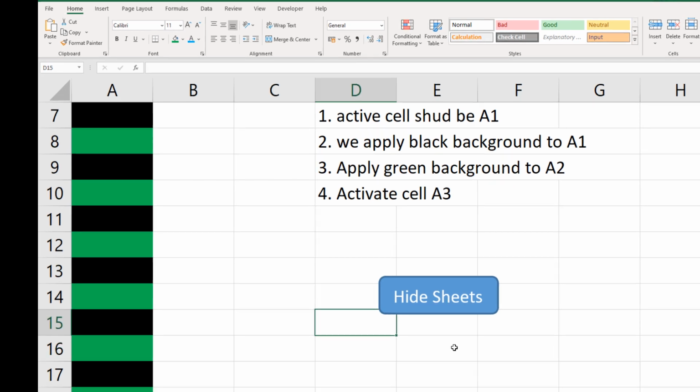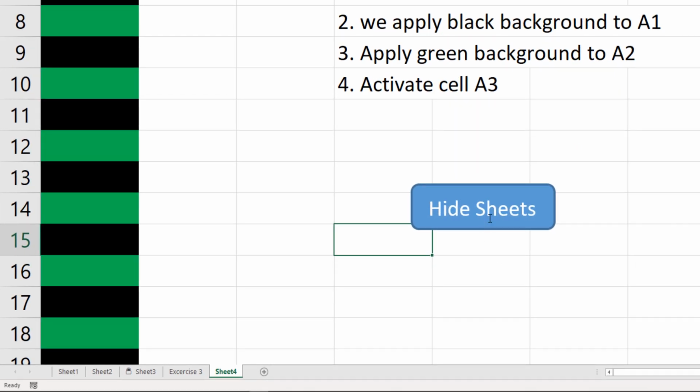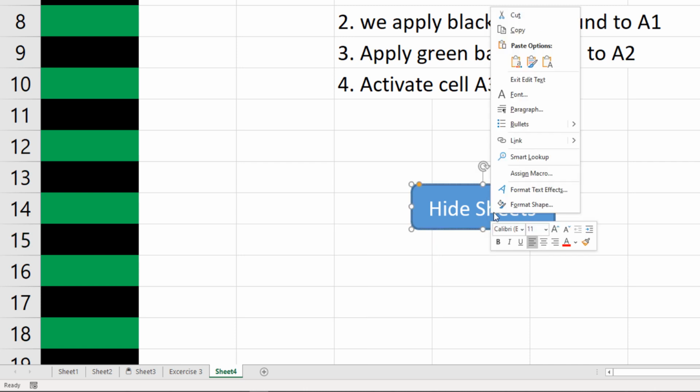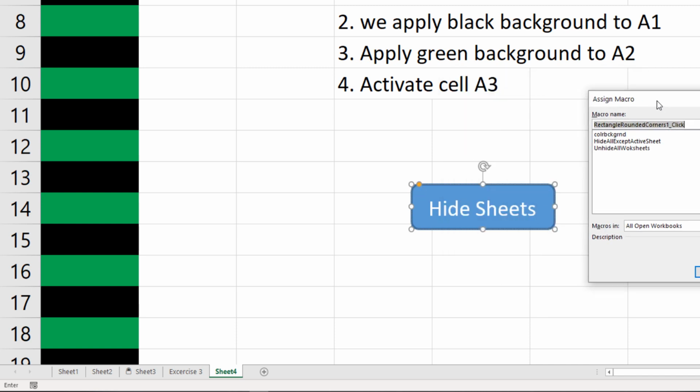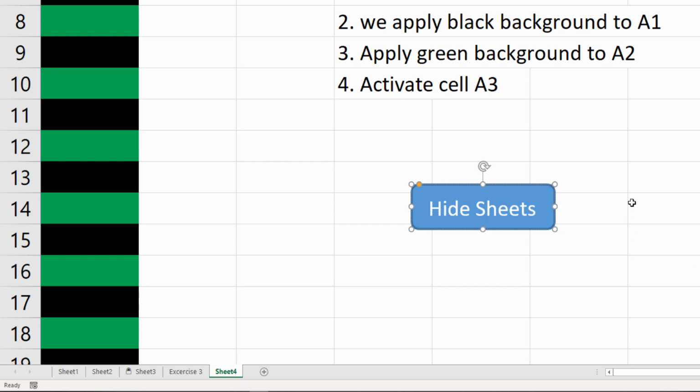and okay. Now we can convert this button into a clickable button. So right click on that and assign a macro, and now assign the relevant macro. So the hide all sheet macro will be assigned to it. Okay, now click outside this button, and when you bring the mouse over it, now it is clickable.